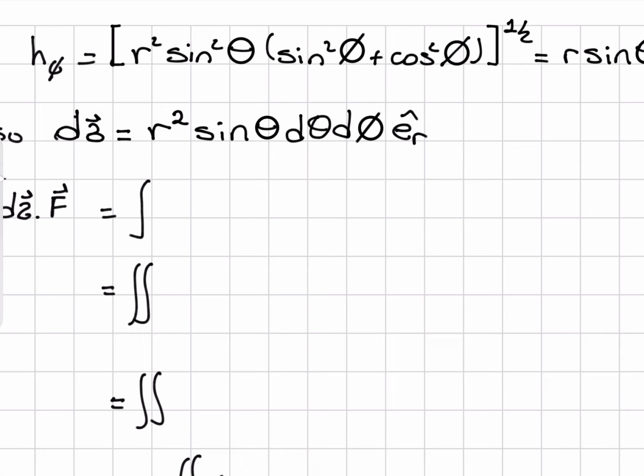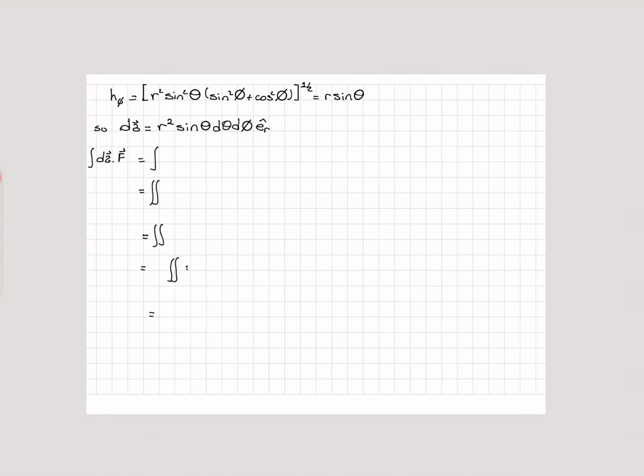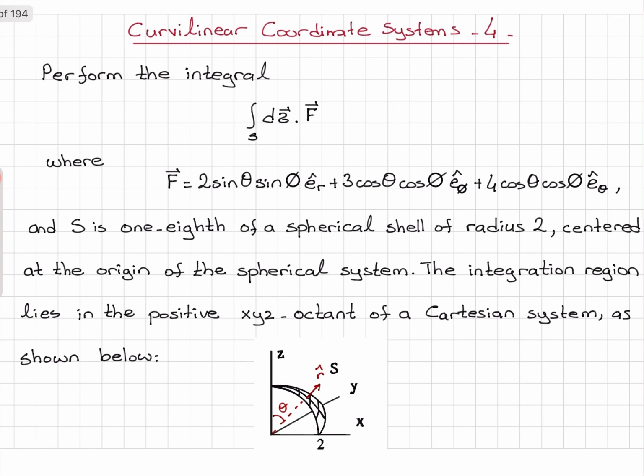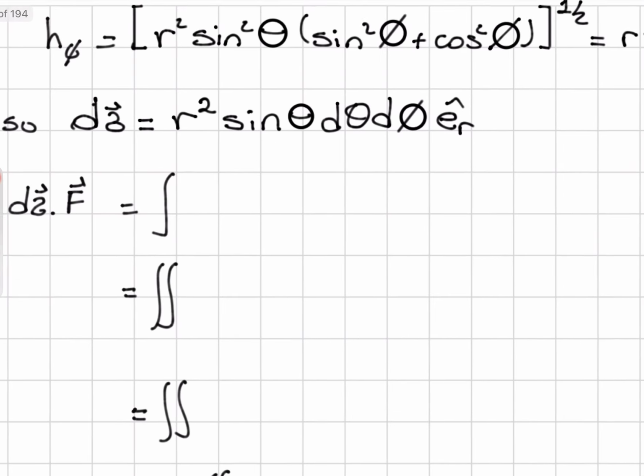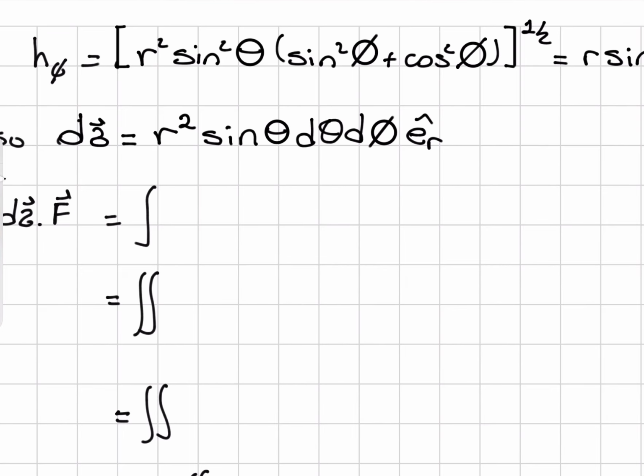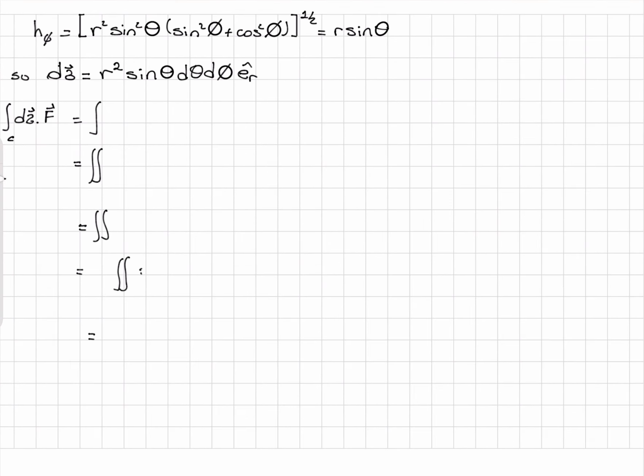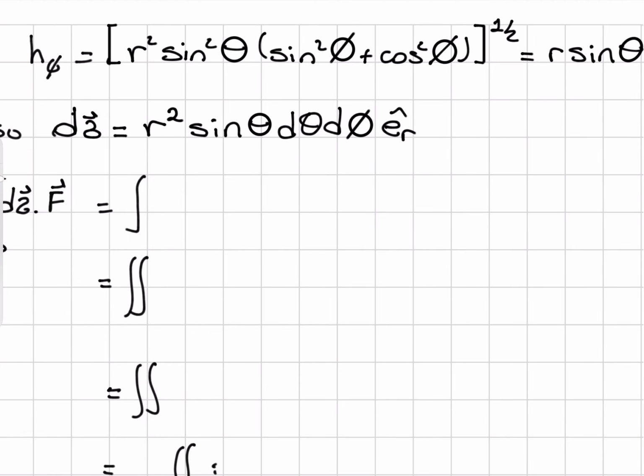Now that we have found the area vector d sigma and we are given the F vector in spherical coordinates, we are ready to write the surface integral of d sigma dot F. This is the vector F, which is